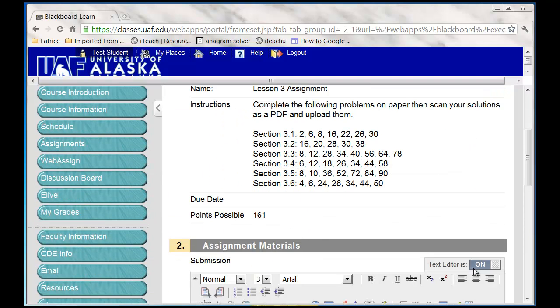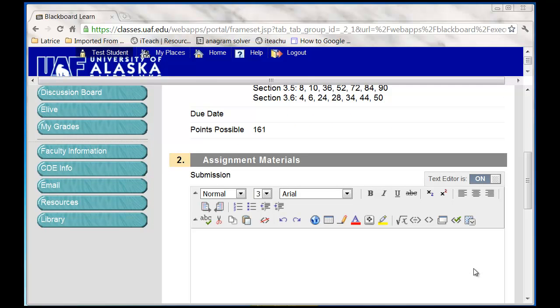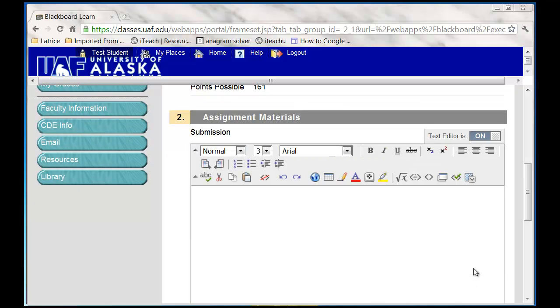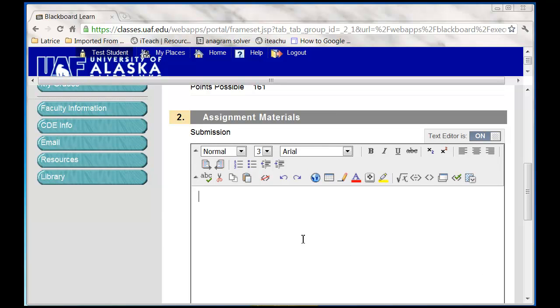Now my screen looks a little different. I'm going to have some boxes where I can input some information. I can also upload my file, and then I can also view it as a draft. In the submission part here, this is one place. For those who have the responses that go with your lessons, this is where you can put in your response. So here is my response